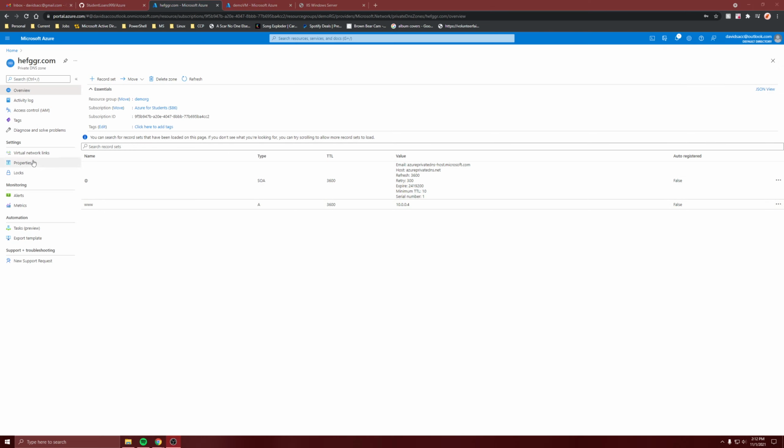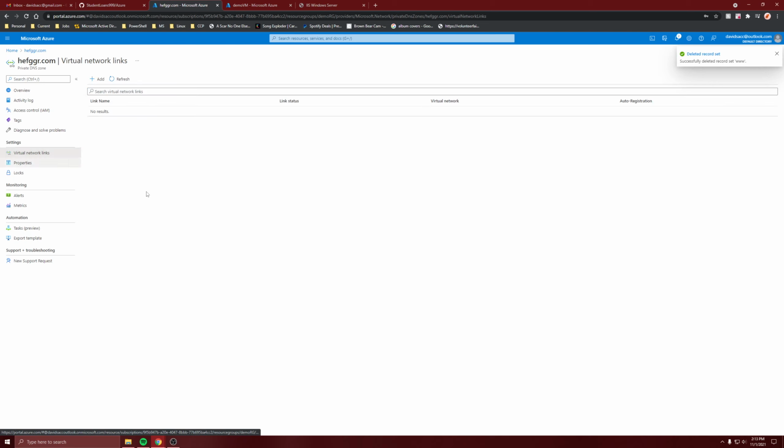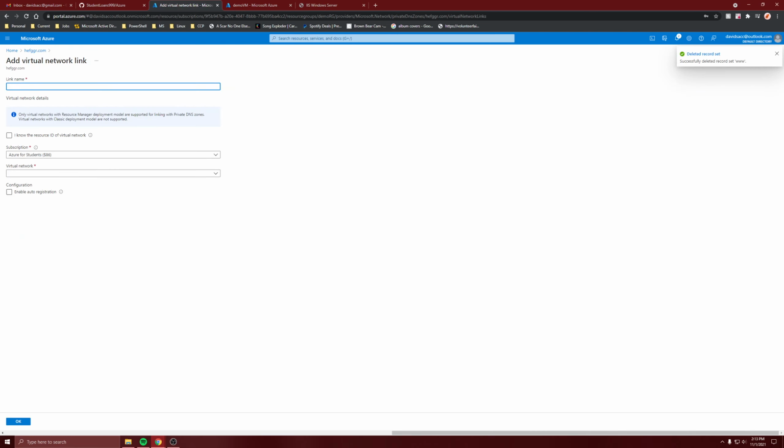But let's create a virtual network link. So actually I'm going to right click it, say delete, and delete. And let's create a virtual network link. Add. You choose a virtual network that your VM's on. Give it a name. So I'm just saying, go ahead and link this private zone to this virtual network. So I'll just call it